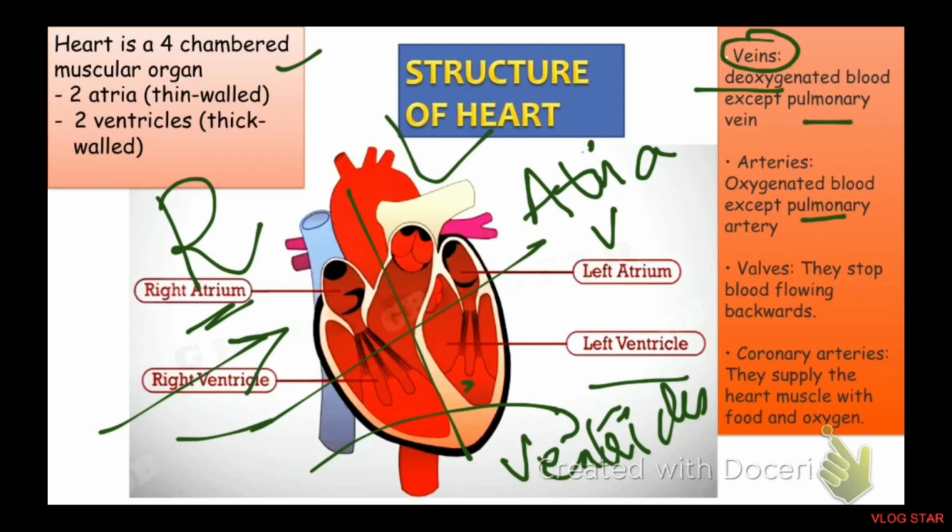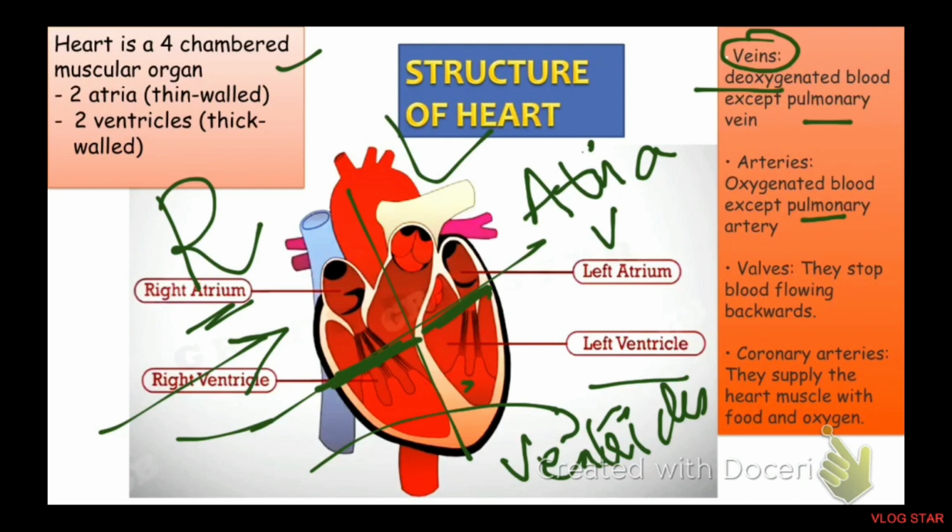Okay, there are valves at the intersection of the 2 halves, the upper and the lower halves. They will allow the blood to flow in a particular direction only. It is not going to be a 2-way traffic over there, with blood both going and coming. No, it will strictly be one way only. So that is the role of the valves, not to allow any two-way traffic. It will strictly allow the blood to flow in one direction.